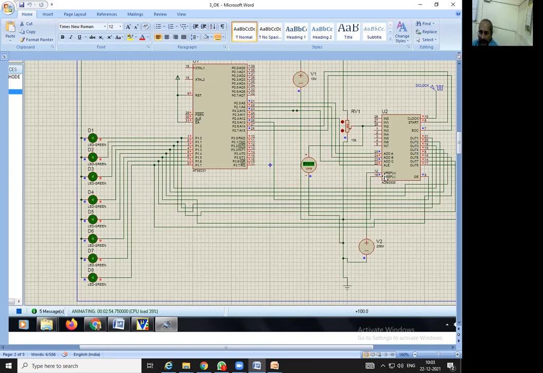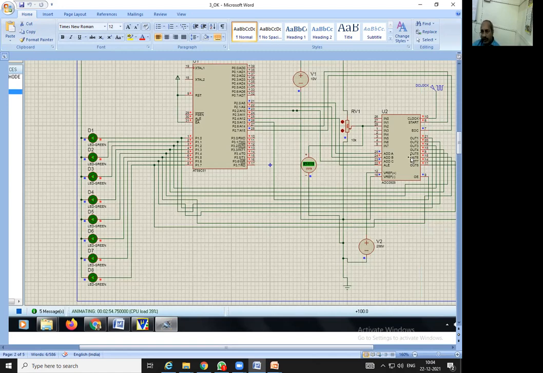After that, V reference plus and V reference minus are also there. We are supposed to give some reference voltage, and accordingly the step size is going to be decided. For example, 0 to 1 volt will show 0 0 0 0 0 1, and for 1 to 2 volt, it will show 0 1 0 0 1 0, in this way. So the reference voltage is very important to decide the step size.